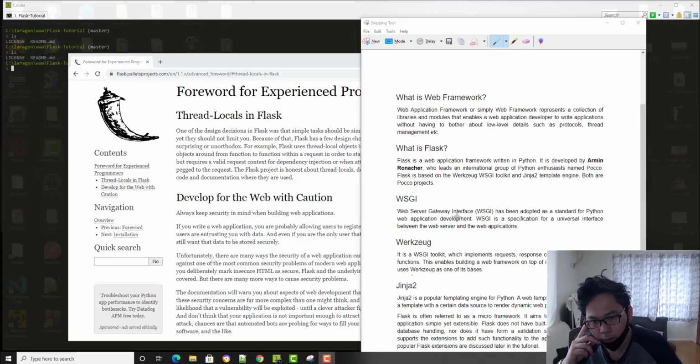So what is a web framework? Like I told you, you should have experience in PHP. It's so easy to explain with another language like PHP because back in the day, PHP was maybe not the go-to way to build a website, but it's very popular even now.